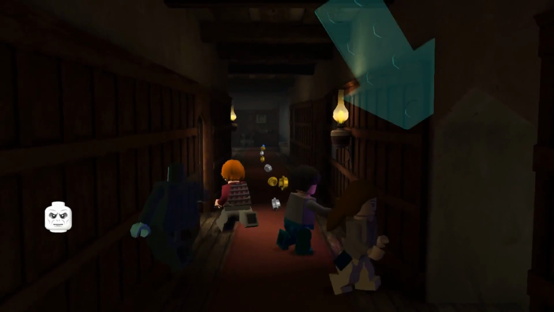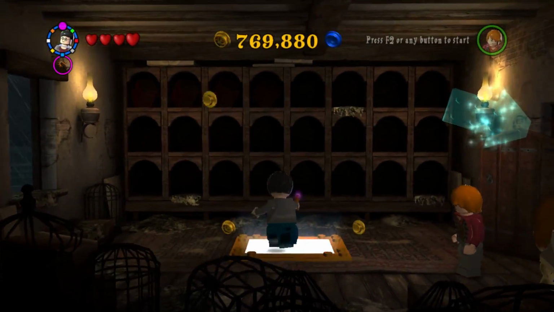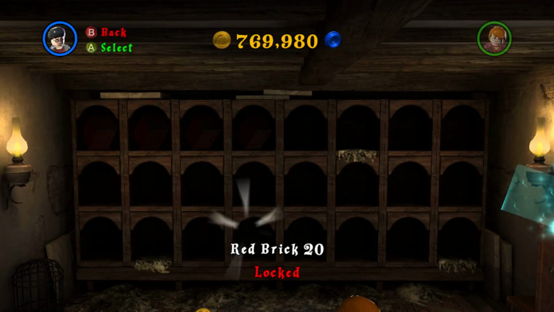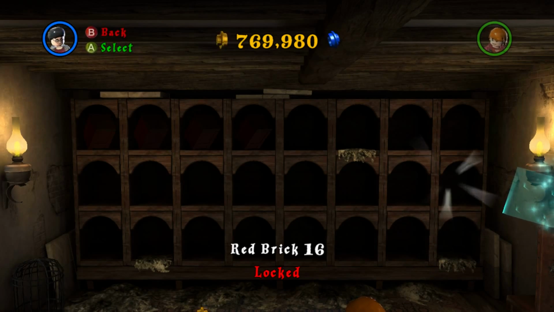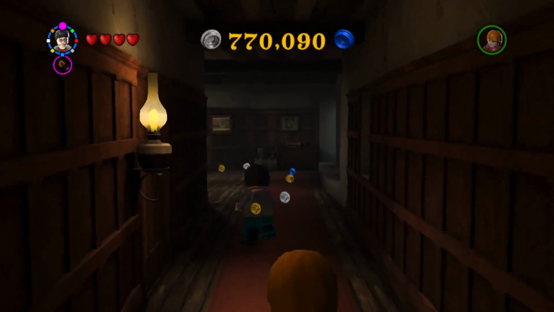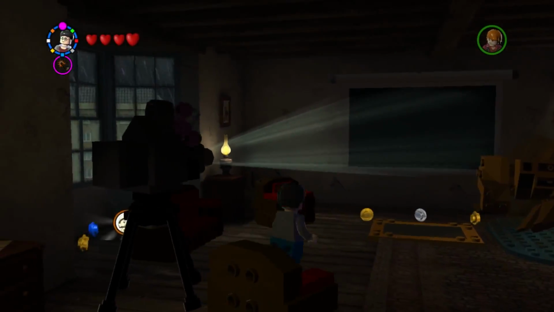So this area is different, by the way. This is where the red bricks would be found. So we haven't found any, and we probably won't find any. But it's the same old standard: score times 2, score times 4, score times 6, score times 8, score times 10, and stud magnets, regenerating hearts, invincibility. Same old things in LEGO games. I don't believe there's anything that's even new and interesting. And then we have a gold brick